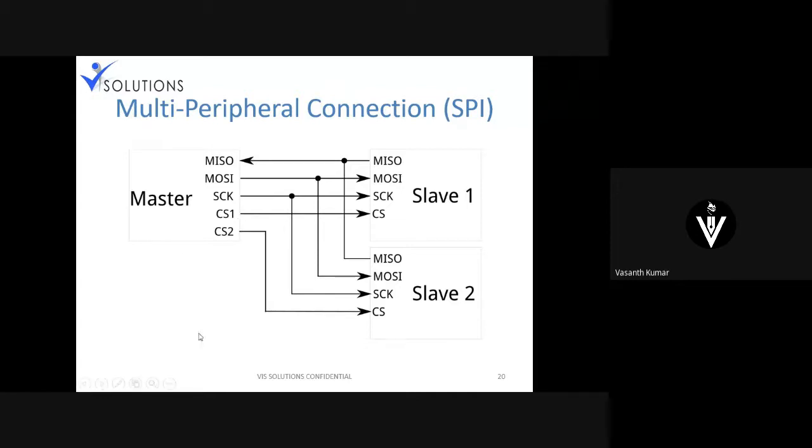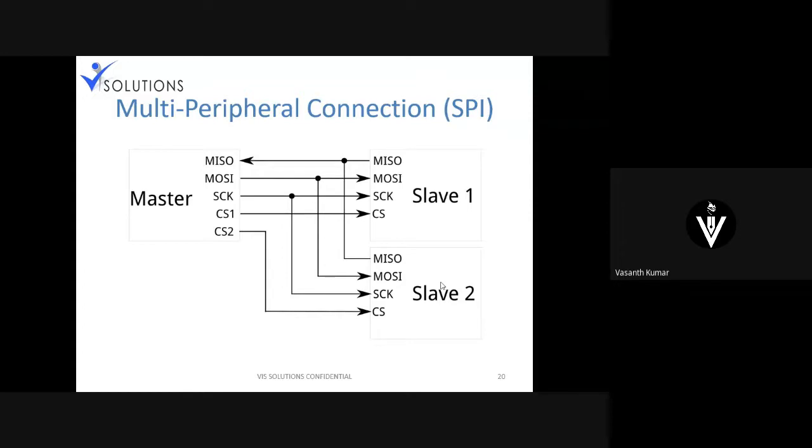So when you give a low, if CS is low, this particular slave will be enabled. If CS2 is low, slave number 2 will be enabled. Either one should be enabled. And then you can see the data is sent in parallel to all the devices. So depending upon which chip select, or slave select, is selected, that particular slave will start interacting with your master.